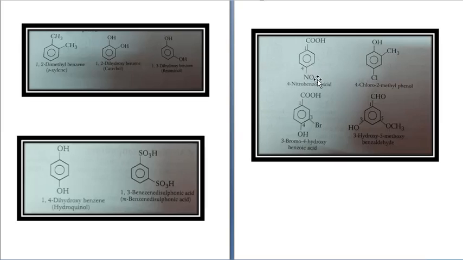Next we come to nomenclature of aromatic compounds. Now aromatic compounds: a 6-membered closed chain structure with alternate single and double bonds is known as a benzene ring. An alkyl group attached to a benzene ring is called a side chain. This is a benzene ring. It is also shown like this with a circle, but it is actually one double bond, then a single bond, then another double bond, then a single bond.